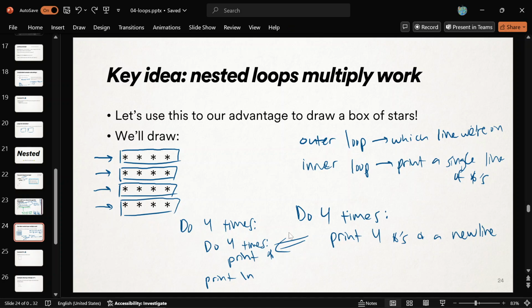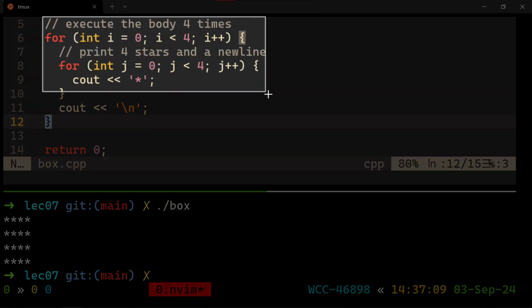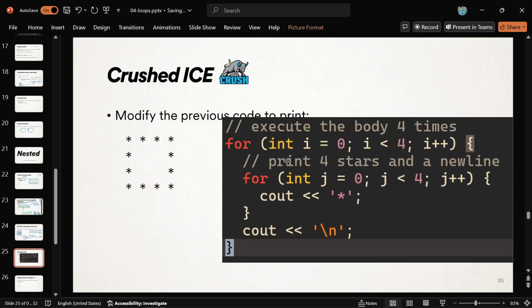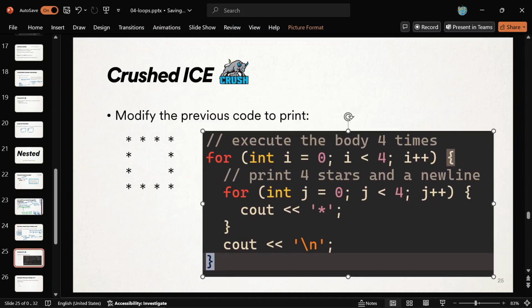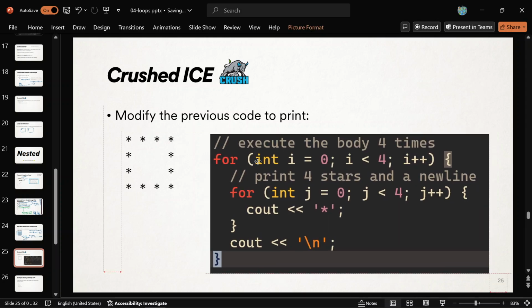All right. If we're good, I would like to give you a question now. So here's this code. You probably want to break it down in English first, the way that I have done it on the previous slide. That's helpful. But you don't have to type this anywhere. Just try it yourselves and help each other. But I'd like you to modify the code that we had. Instead of printing a 4x4 box of stars, I'd like you to print like a hollow box of stars.